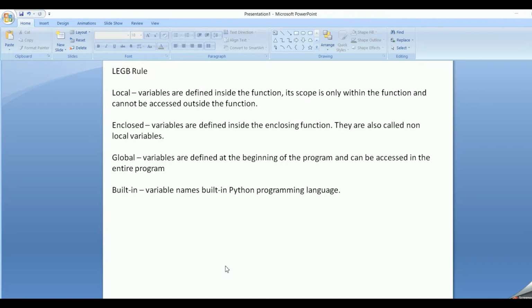In the earlier session, to understand the decorator concept, we had looked into function as first class objects. So in this session, to understand more on the decorators concept, let's move on to the LEGB rule. So friends, what does LEGB stand for in Python programming language? L stands for local variable, E stands for enclosed variables, G stands for global variable, and B stands for built-in